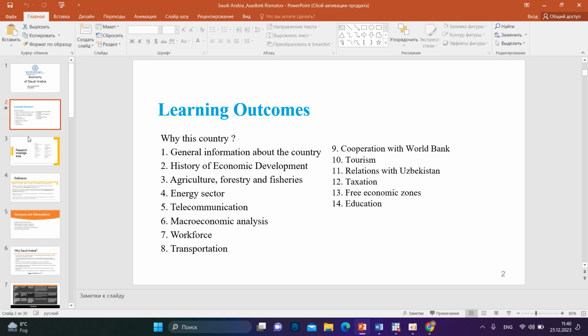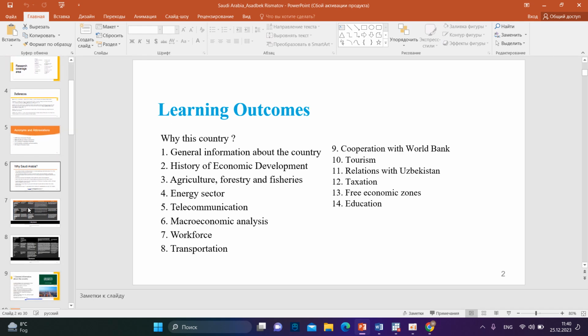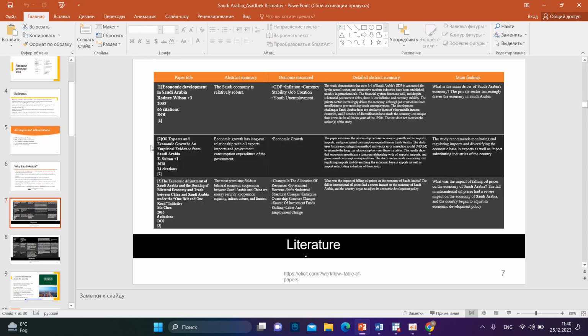Here you can see the literature review. The literature review was done with the help of, let's say, AI. So let's start. For example, we search for it. I've already done that, so let me show in my case. We just copy it